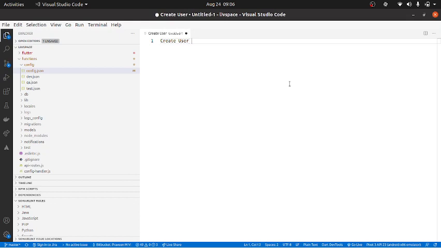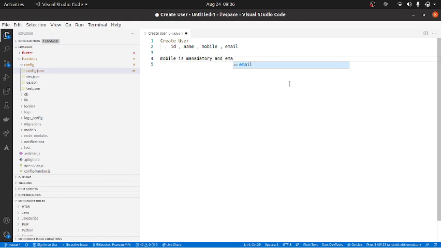Okay, and we will handle a couple of validations. So user will basically have id, name, and mobile, comma email. Let's take this also. And what we need to ensure is mobile and email are mandatory, and email should cater to the format. It should be a valid email, right?